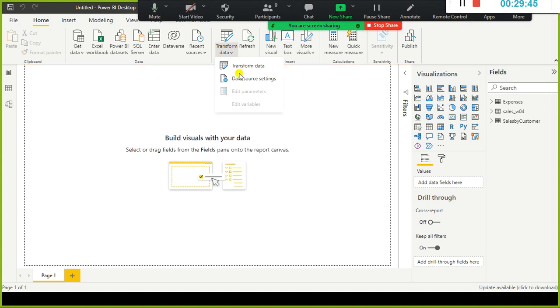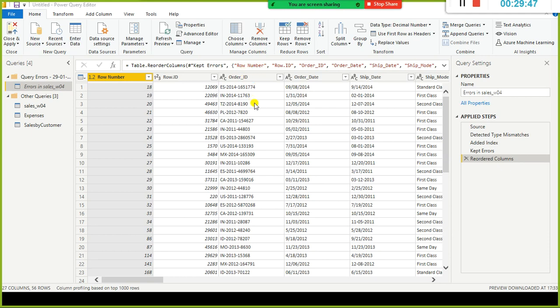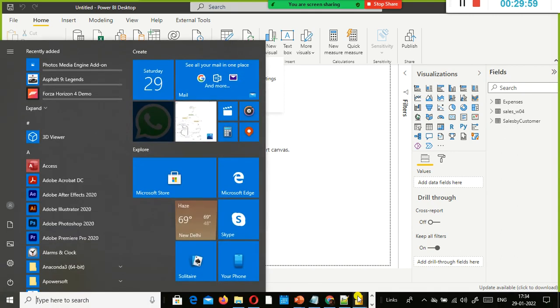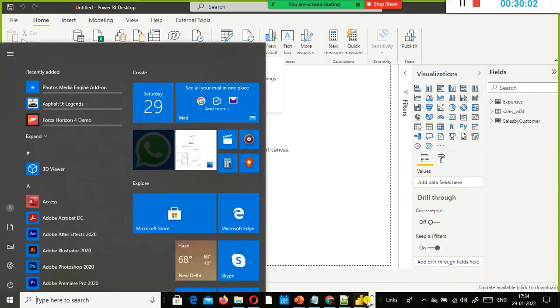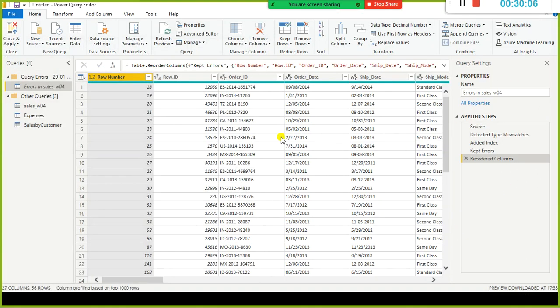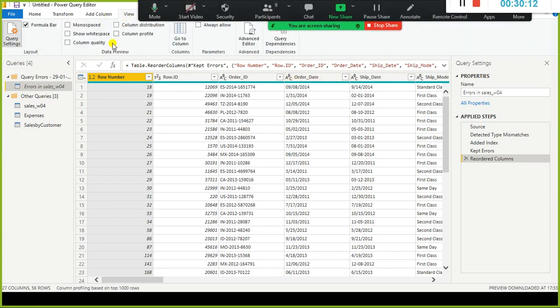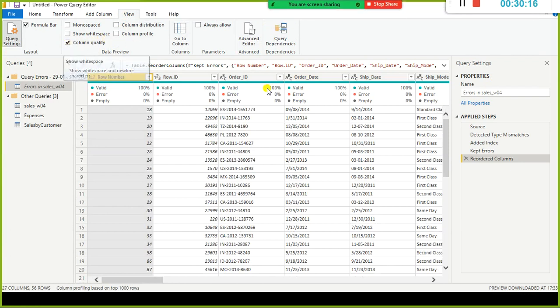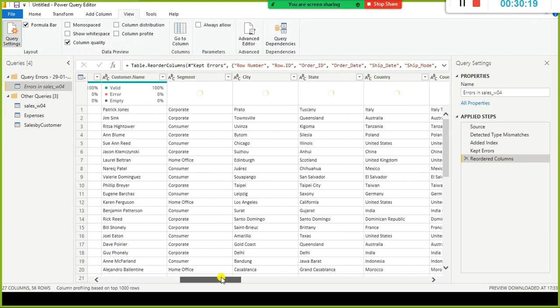Queries metadata or load started. Let me just open this. Errors in sales W04. I just go and select view and column quality, and we don't see any error here. Let me just check.